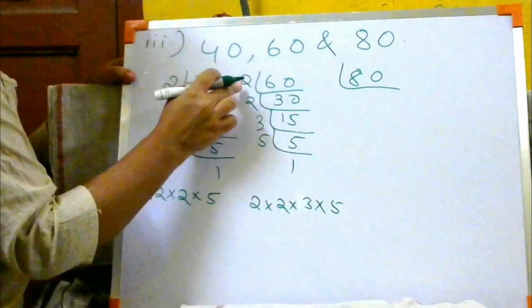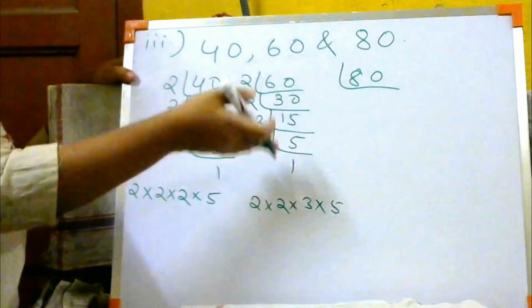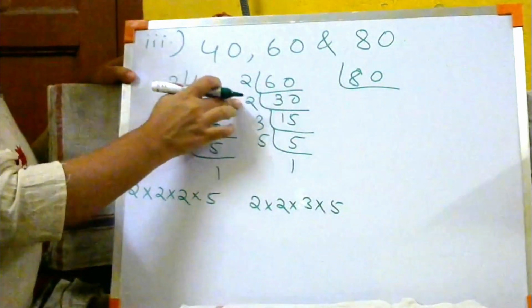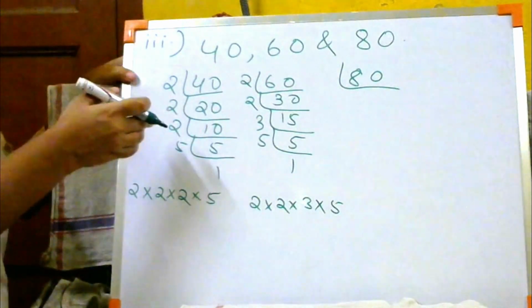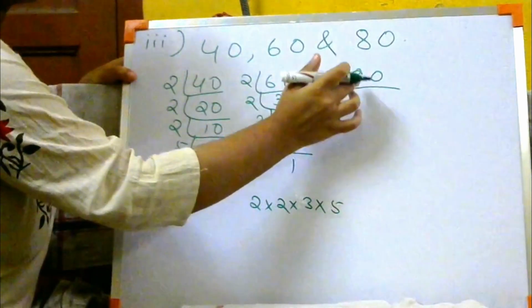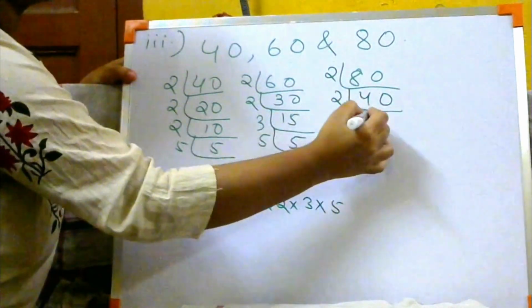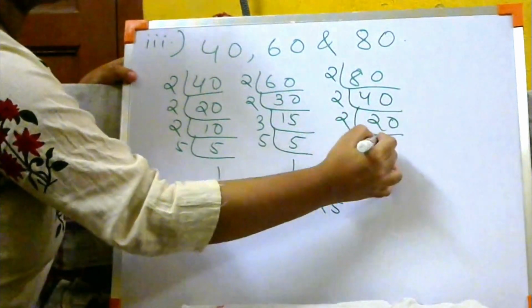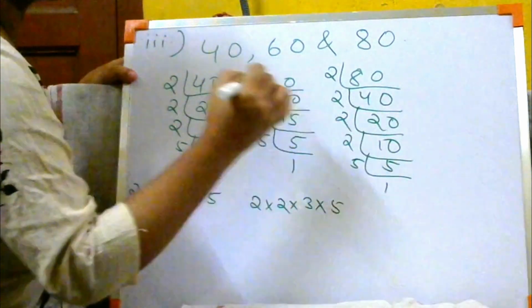Always start with the smaller number. Do not start with the bigger number, thinking 60 will go into 60 itself, 61, no, that is wrong. Always start with a smaller number. I know you people know it because you have been doing it since class 3 itself, but still I am repeating for those who have forgotten. So 80. Now 80: 2 40s are 80, 2 20s are 40, 2 10s are 20, 2 5s are 10 and 5 1s are 5, isn't it?